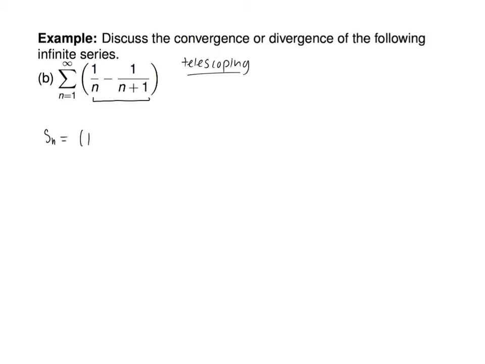Well, don't combine the terms, okay? I'm sorry, I didn't make that clear. 1 minus 1/2. Sorry, don't simplify. I should have specified that. There's a reason for that. Okay, when you plug in 2, what do you get? A half minus a third. When you plug in 3, what do you get? A third minus a quarter.